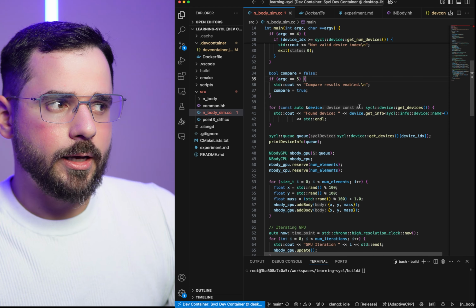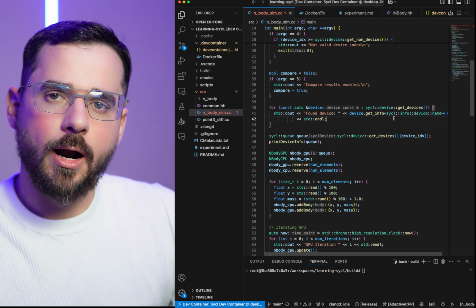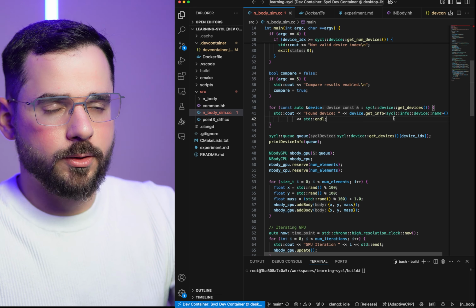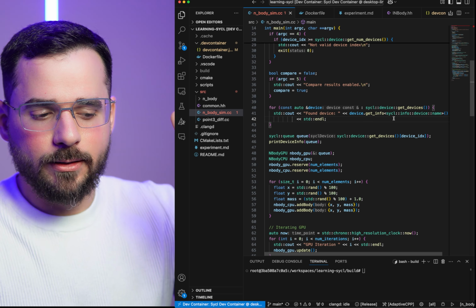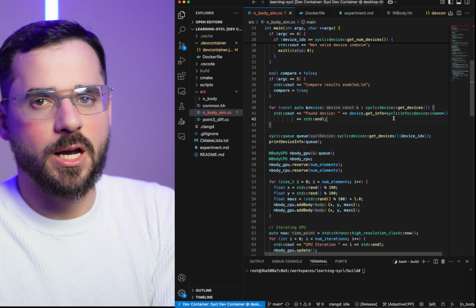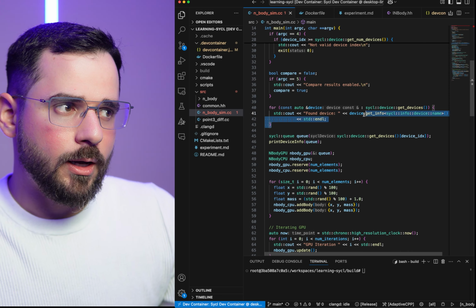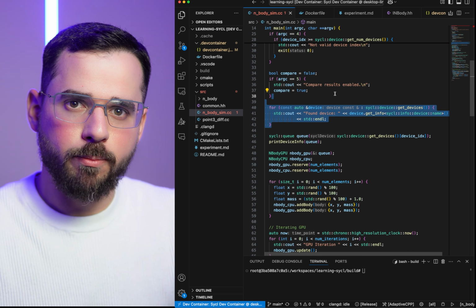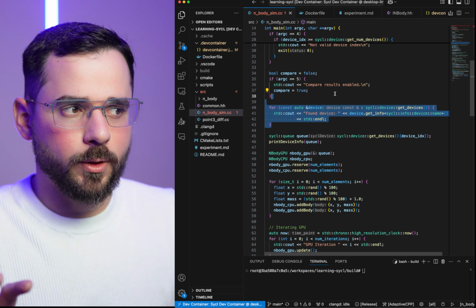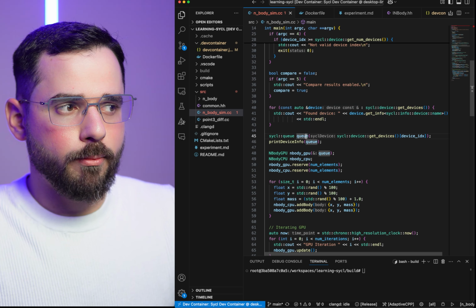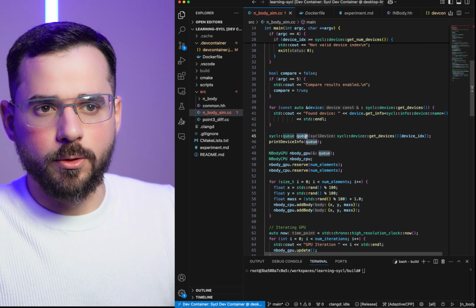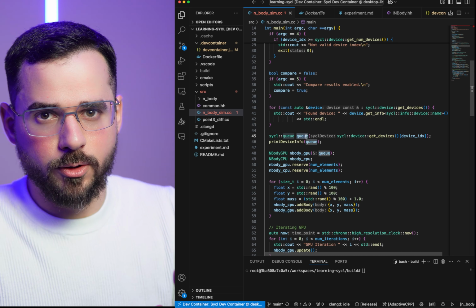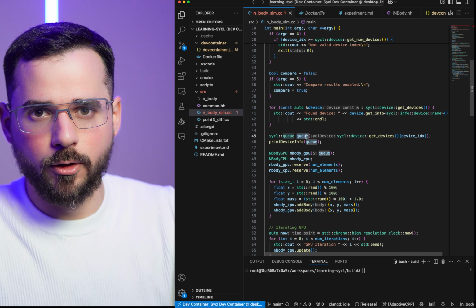So here at the beginning, I'm already using SYCL. Here I print what is the device that is actually loaded or picked by my application. And you can have multiple SYCL devices at the same time in a single application if you create different queues. Each queue is a representation of a pipeline of instructions that you can send to the GPU. What is important is that the queue is your main point of interaction with your GPU. Through the queue, you instruct memory copies, you instruct which device you're communicating with, you instruct kernel submission,